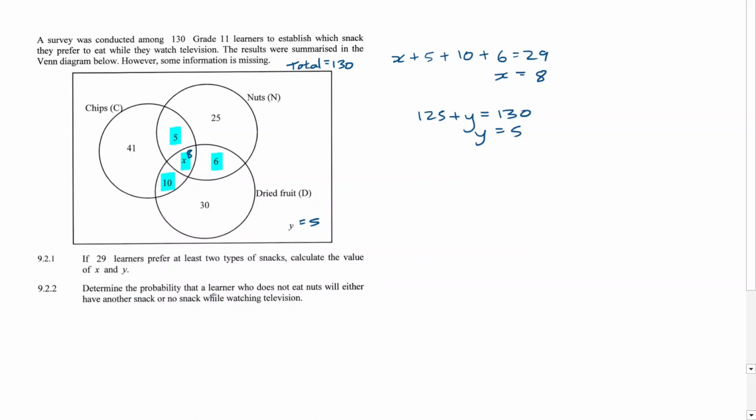Second question, determine the probability that a learner who does not eat nuts will either have a snack or no snack while watching television. And so the probability that you'll have no nuts or no snack at all. So first I look at those that do not like nuts. So I'm excluding the whole nut Venn circle. And when I add up those numbers,